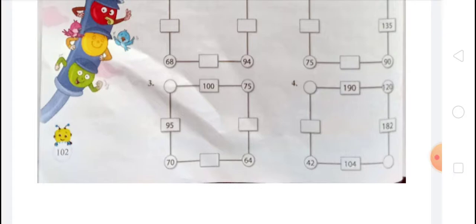And after that we have to add 70 plus 42. 0 plus 2 is 2, 7 plus 4 is 11, so 112. And after that we have to find the last digit, that is 104 minus 42, which is 62. Because when we add 42 and 62, 2 plus 4 is 6 and 4 plus 6 is 10, so there will be 104. The last digit will be 62.